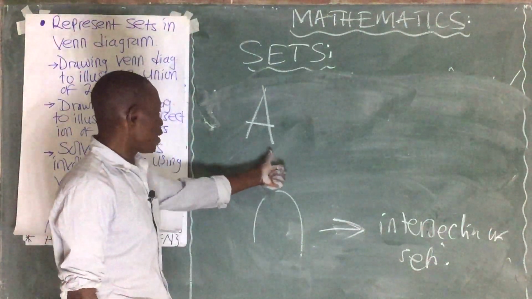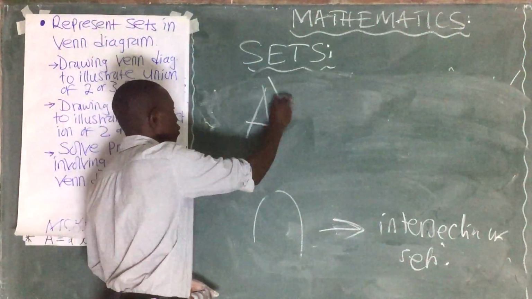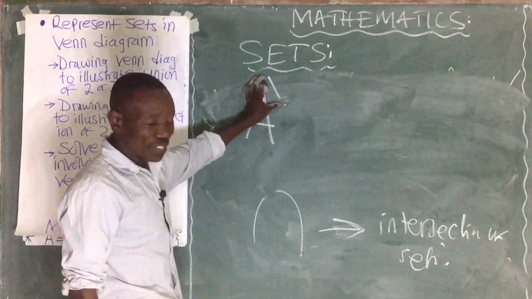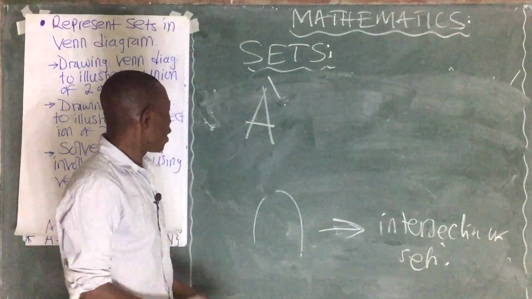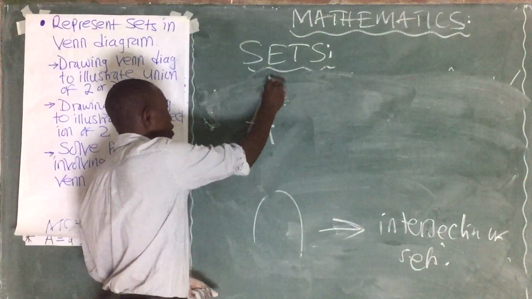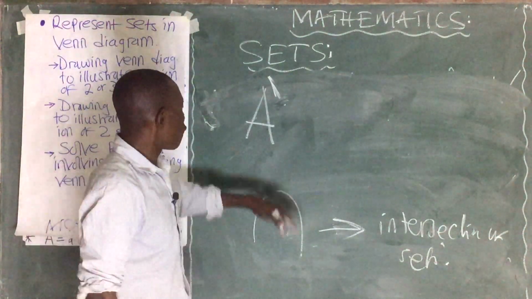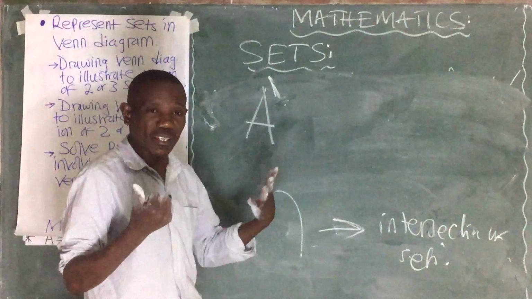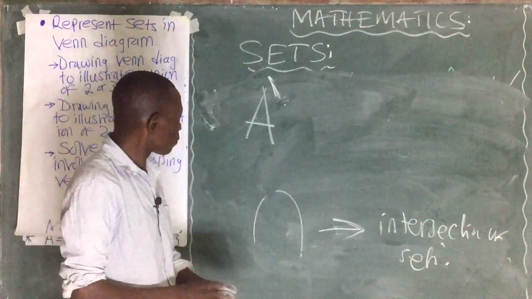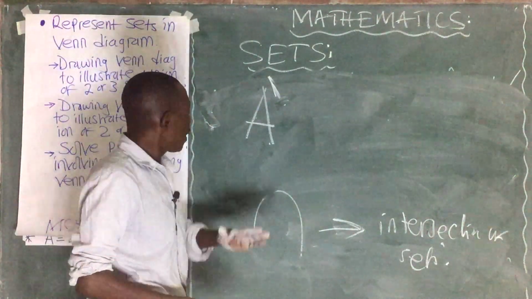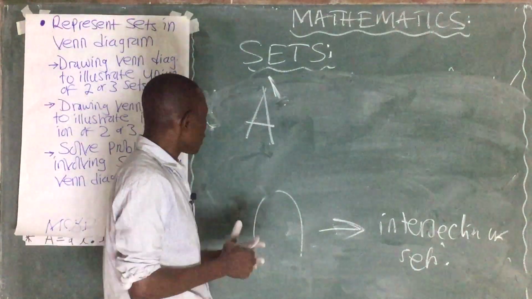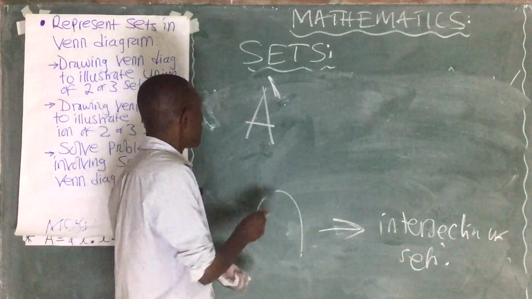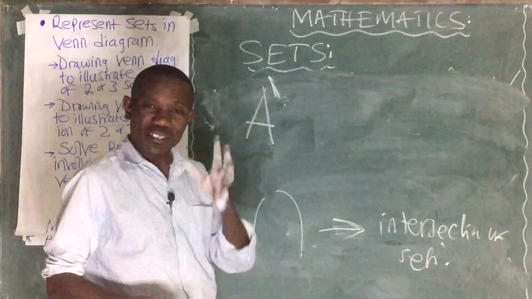You can be given any set like A, and here on top there will be a line, which is not an apostrophe, just a line which has a meaning in this case. When you write this line on top, this simply means the complement of a set A, or any other description of a set, because the set is defined by a particular letter. So this simply means all elements which are not found in this set. It's just like a complement of a set, which simply means elements which are not found